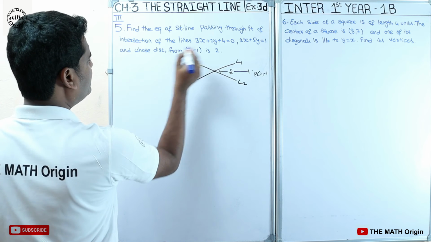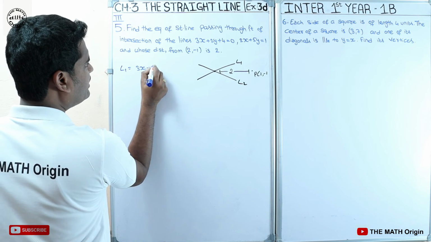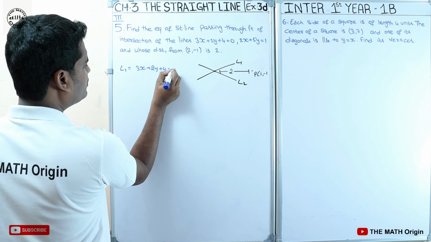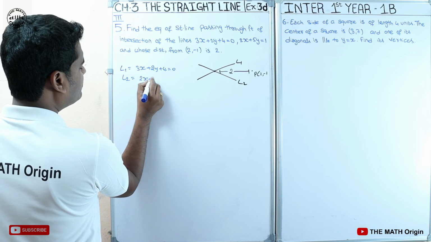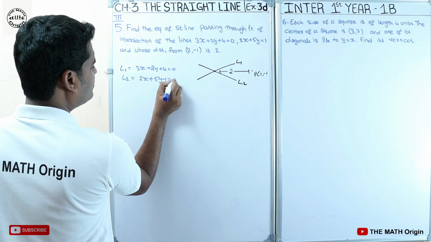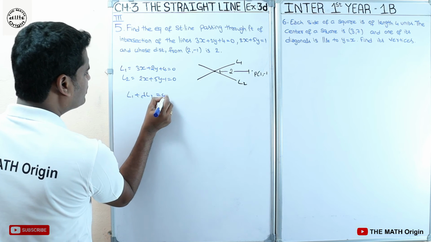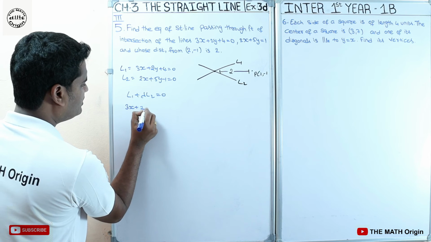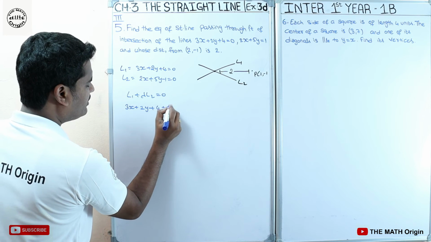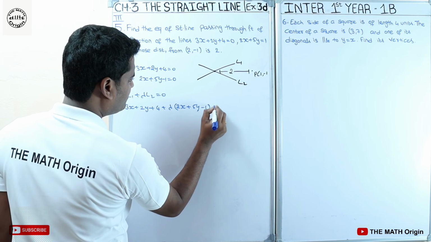So for the given equations, L1 we have 3x plus 2y plus 4 equals 0, L2 we have 2x plus 5y minus 1 equals 0. So we know L1 plus lambda L2 equals 0. Now let's take the first equation, 3x plus 2y plus 4, plus lambda into 2x plus 5y minus 1 equals